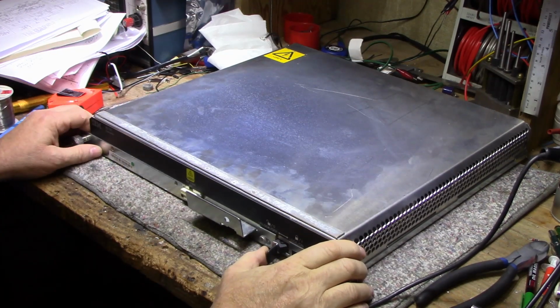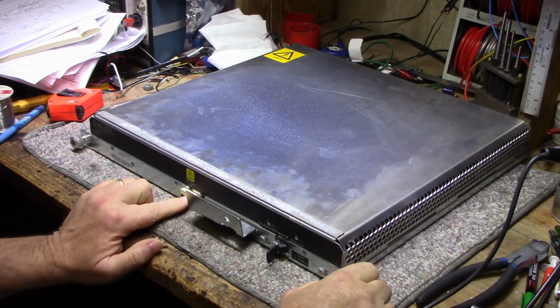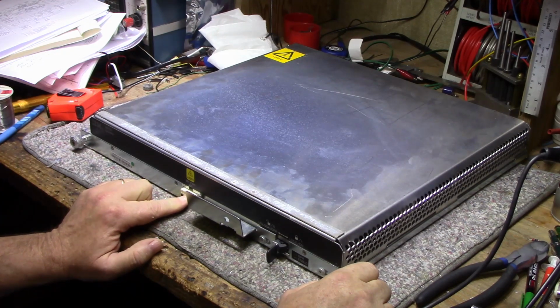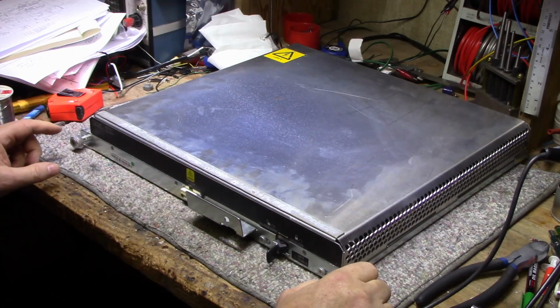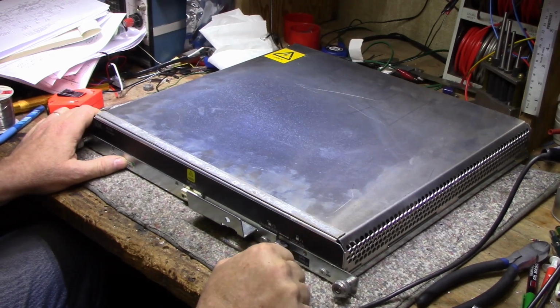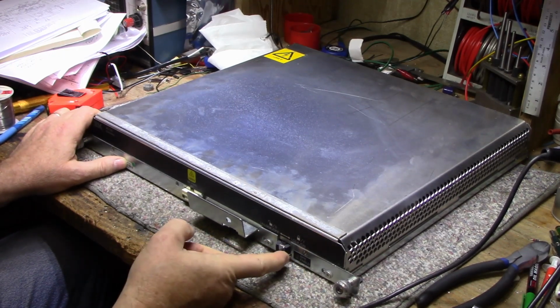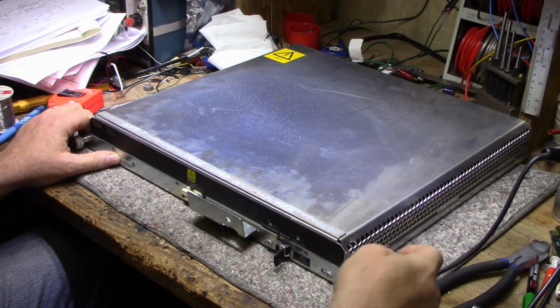It has an input connector on the front, which is, I believe, for battery. It goes up to the battery bank, and we'll talk a little bit more about that. But again, it locks in. There is a power switch on the beginning here on the front. Unlock off, lock on, and when you turn it on,